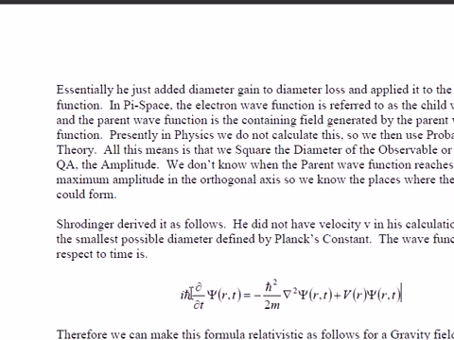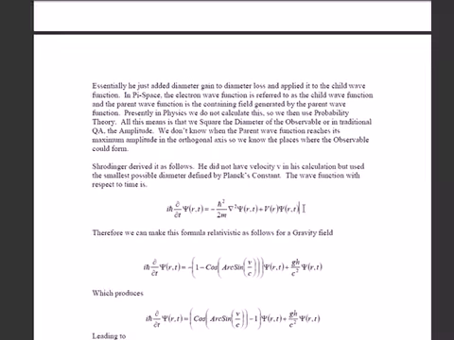And we have h bar, which is the smallest. The way to describe that in PySpace is it's the smallest possible diameter divided by the circumference. So it's kind of like a unit energy calculation for the smallest part